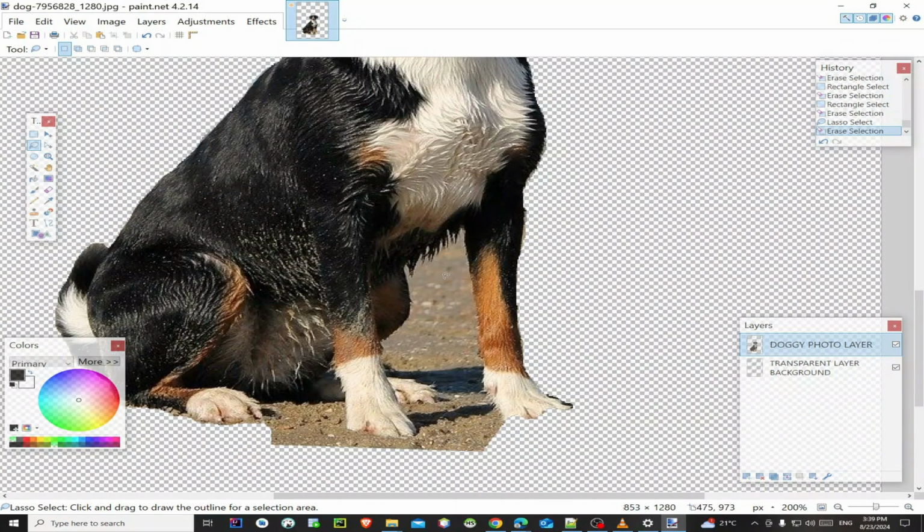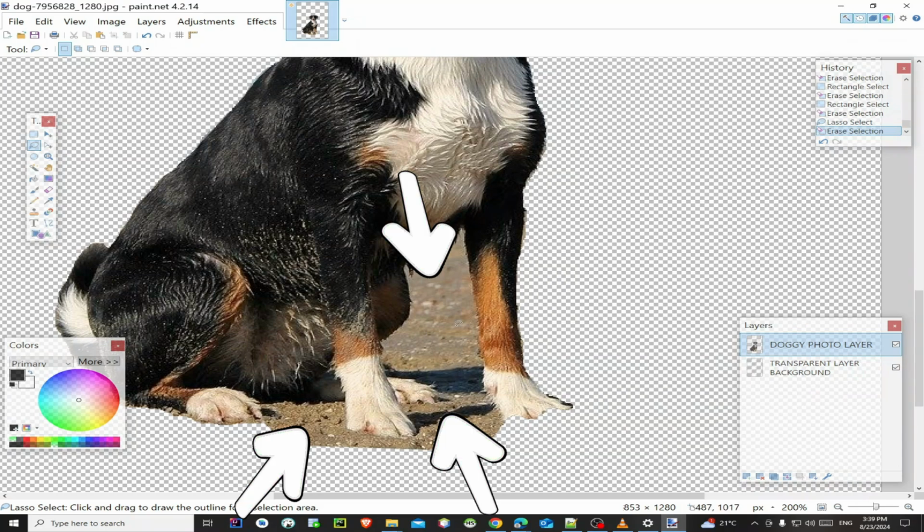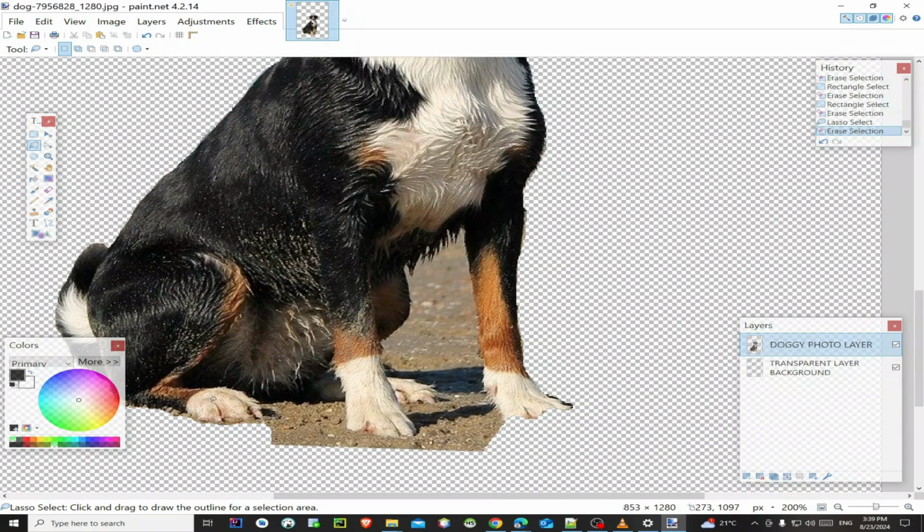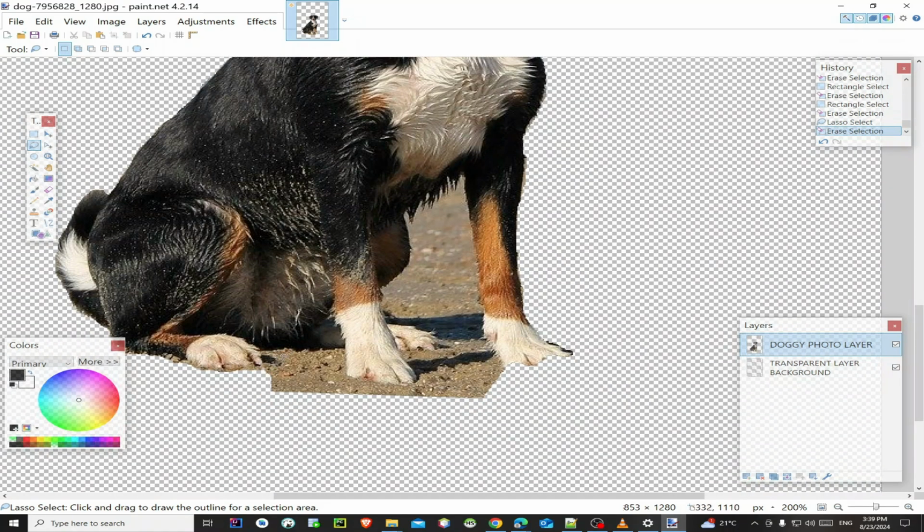Pending bit is this area here. So now let's remove this bit here. So I'm going to run the lasso tool again here like this along the edges of the animal.